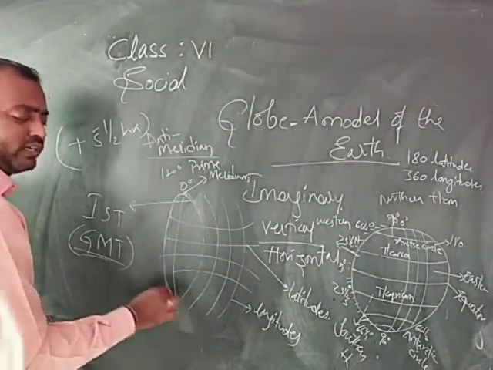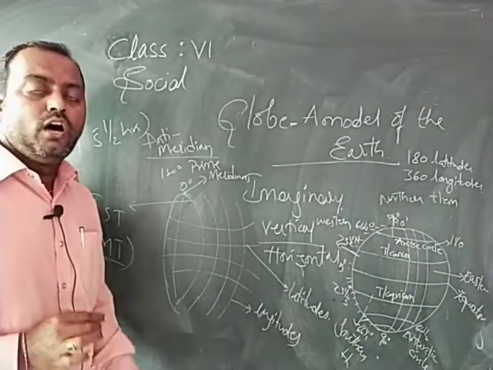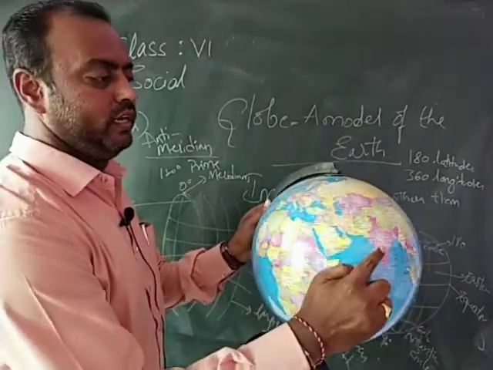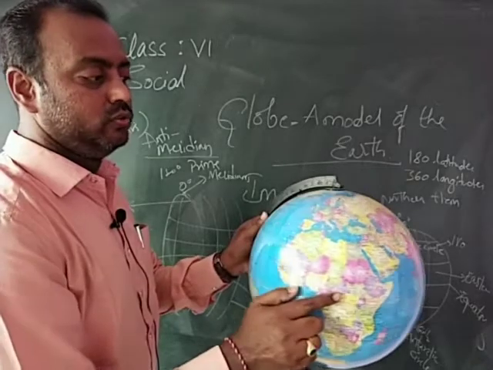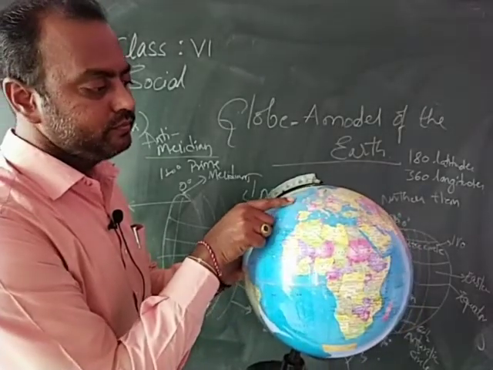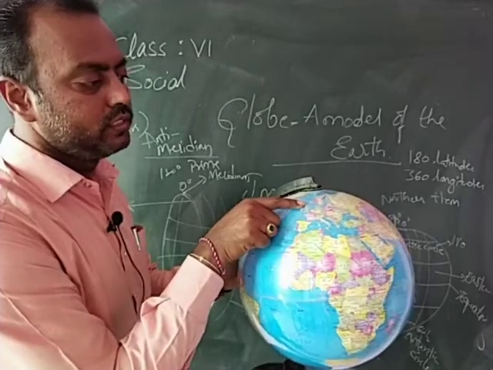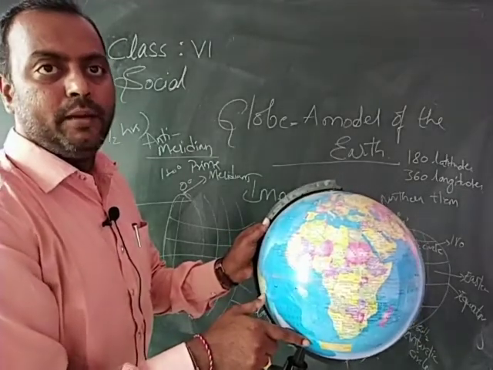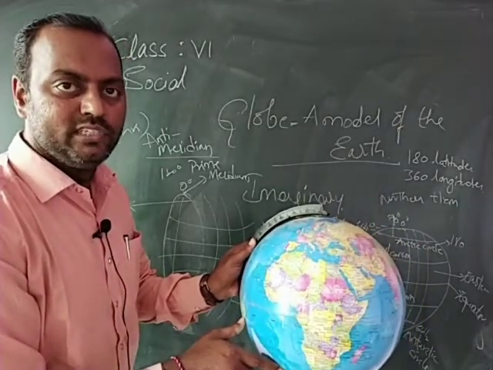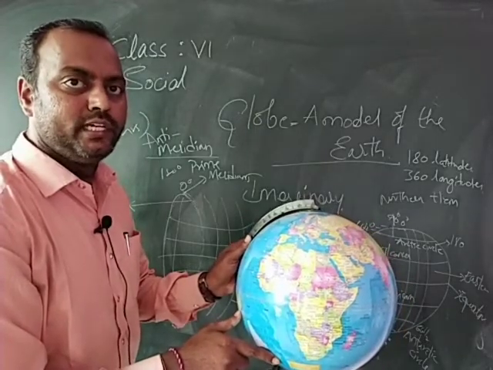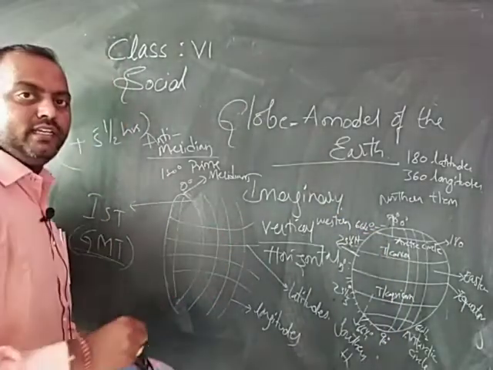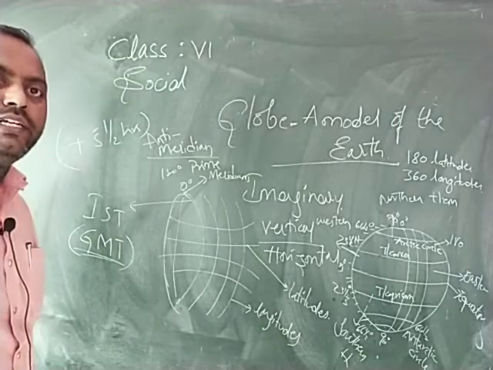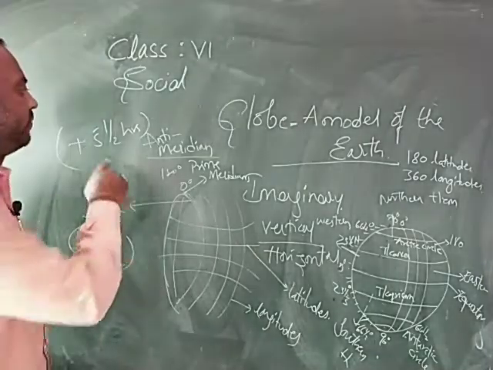So from where this 0 degrees longitude passes through on the globe, can you see, children? On this globe, this is India. Okay, the Greenwich meridian passes through here. From here, from England, because it passes through the village called as Greenwich, we named it as Greenwich Meridian Time. So the time in London and the time in Delhi, there is a difference. It's a 5.5 hours ahead we are, plus 5.5 hours.